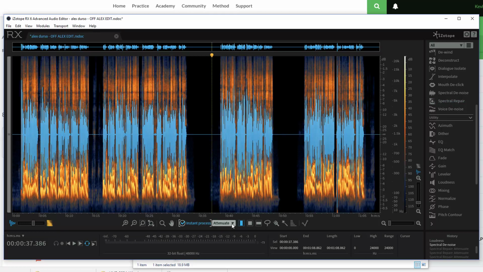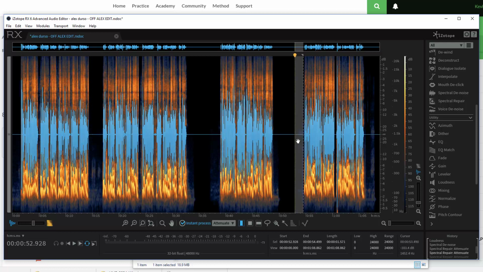And what the instant process does is when you have it set to attenuate, anything that I highlight with these tools will automatically get attenuated. So because we've removed some noise, you can see there's some obvious little parts here that have now come out. So I just tackled some of them. I highlighted this spot here, and that attenuated those little noises and clicks that were there. I then did another spot here, cleaned up a little bit there,